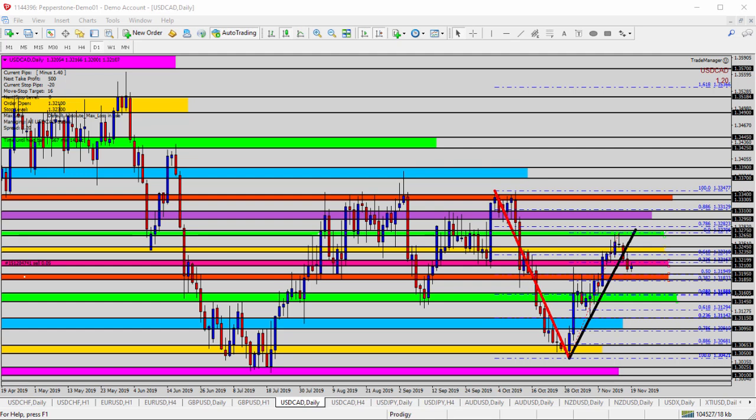Today we're looking at the USDCAD, the US dollar versus the Canadian dollar, for today's trade analysis. A couple of different trends that, of course, we need to recognize here on this time frame. The red trend line, clearly a bearish trend as it went from the 1.334050 level all the way down into the 1.3050 level. So significant downtrend. We saw a little bit of retracement with that along the black trend line as it came